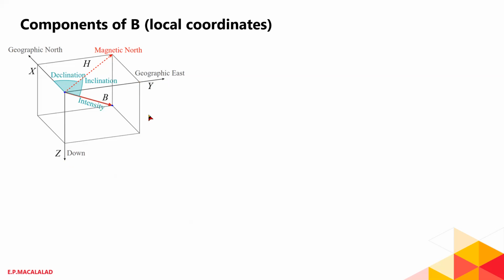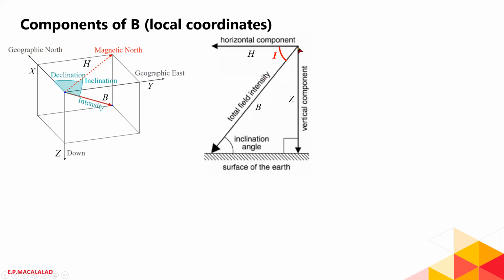So that means the vertical component is defined as positive if it is downward. This is by convention. And then the horizontal is northward if it's positive. Now, this is our horizontal magnetic field, and this is a direction towards the magnetic North Pole. So towards the magnetic North Pole, that is the horizontal magnetic field, and that is the combination of your X component and your Y component.